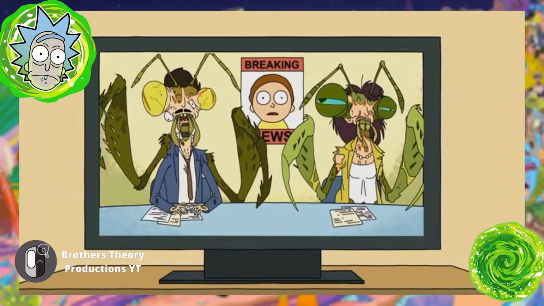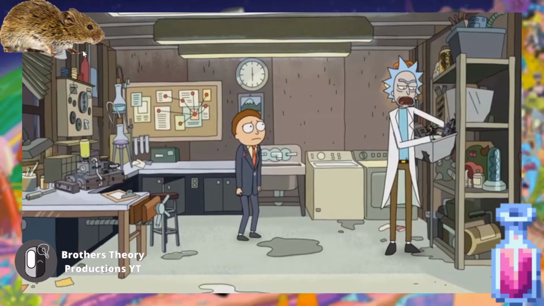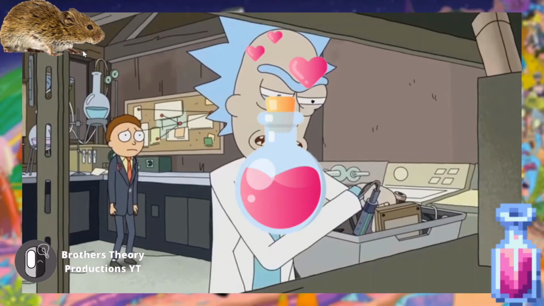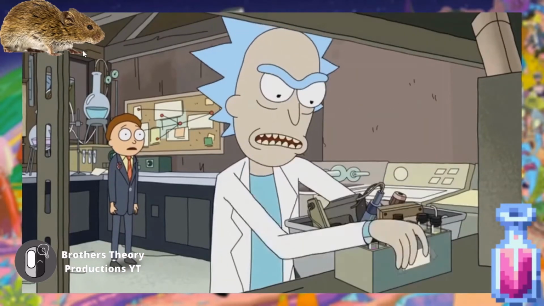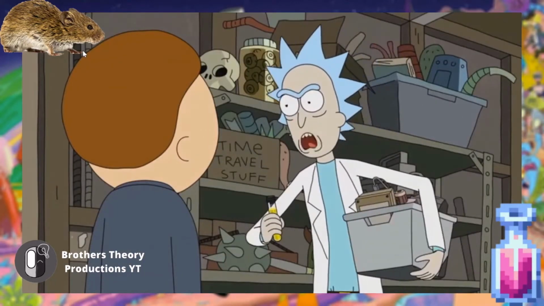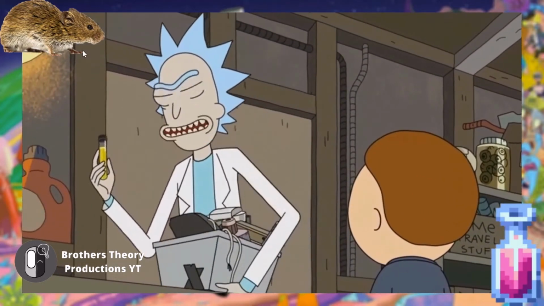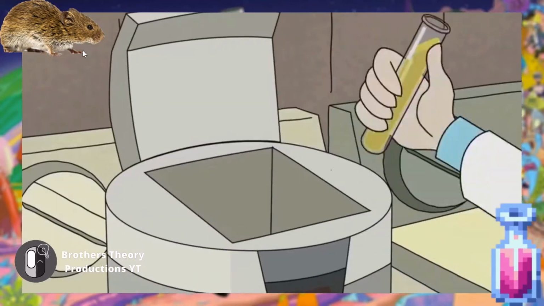To find the solution, we first need to look at what the problem is we need to solve. So Morty asked Rick to make a quote-unquote love potion for him, so Jessica falls in love with him. Rick mixes some oxytocin that he extracted from a vole. Oh, you know what a vole is, Morty? You know what a vole is? It's a rodent that mates for life, Morty. This is a chemical released in the mammal's brain that makes it fall in love.